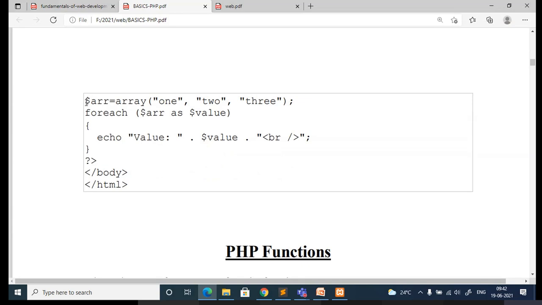I am not doing this in detail because I have not yet taught arrays, but it's very simple to understand. Here there is an array. I have declared the array using a function named array, and I am specifying the elements. If it is a string, use double quotes, that is the common thing, and if it is a number, you can specify it directly. Now foreach dollar array as dollar value. For as many elements as there are in this array, try to access the value and display those values using the echo statement.